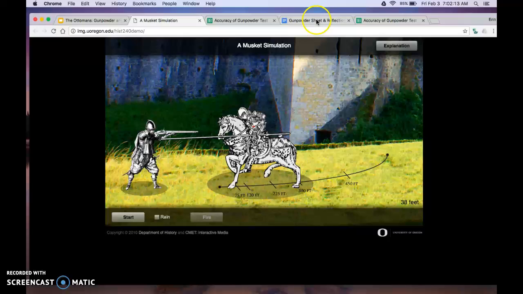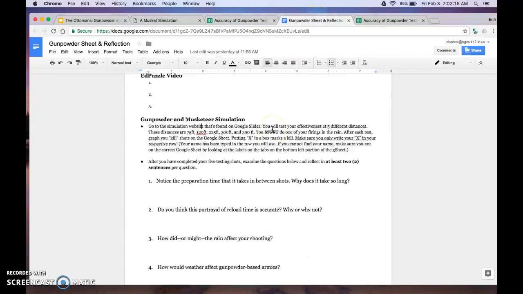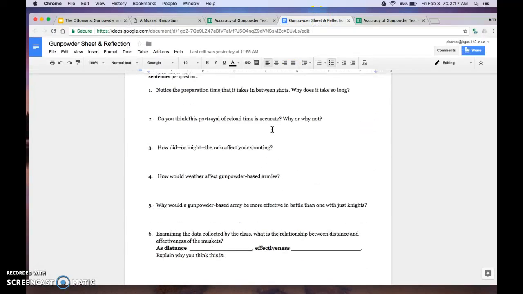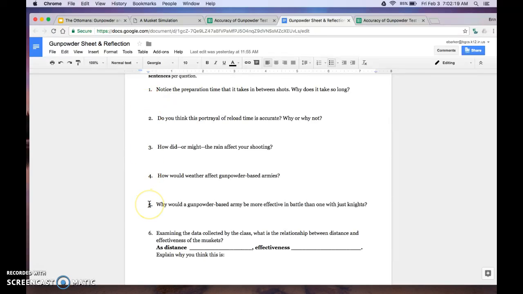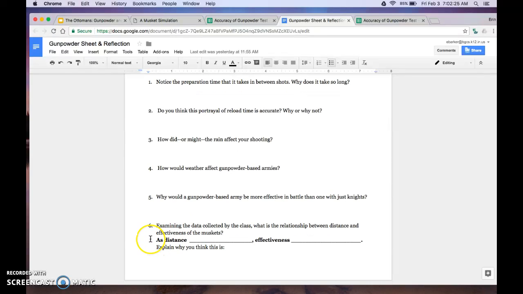One other thing I want to point out on the reflection sheet, there are questions here. For 1 through 5, you just answer the question right out. Number 6, you need to fill in the blanks for this question and then explain why in at least 2 sentences. So, have fun,